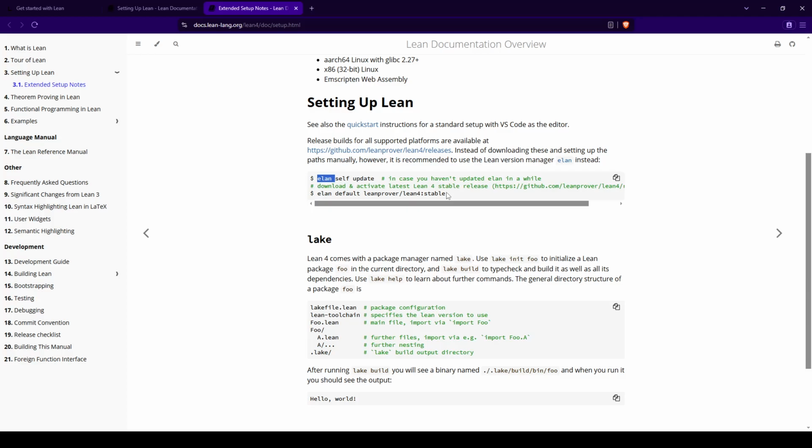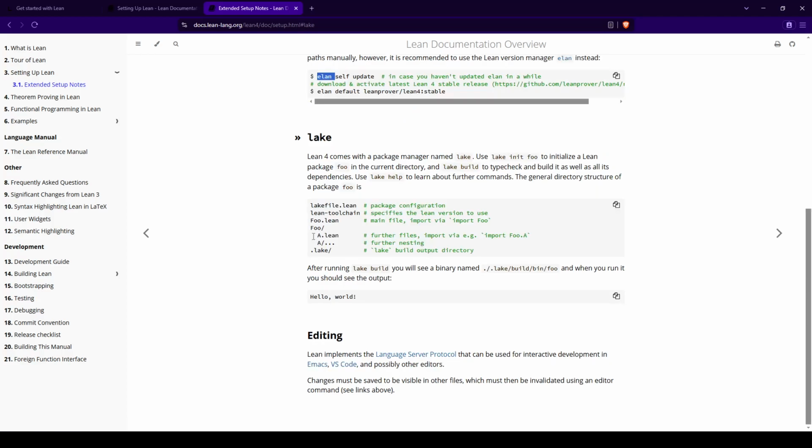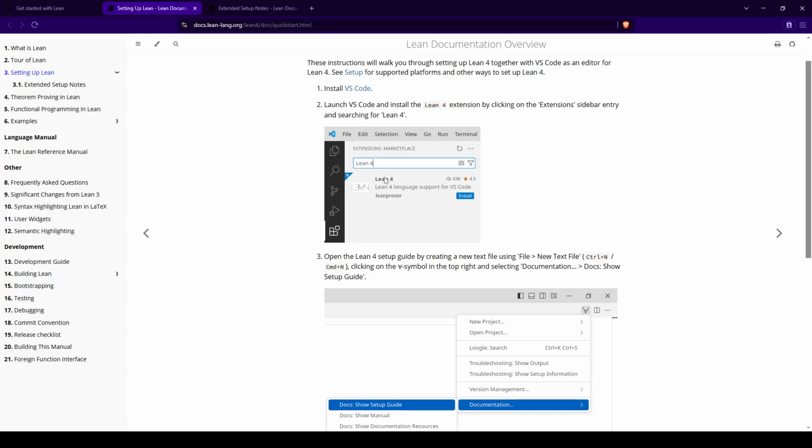Then there's a Lean binary which you can use, and then there's lake. Lake is the binary that is used to manage Lean projects. It's kind of like npm for Node.js, lake for Lean. Using lake, you can create projects. In fact, I have done that already. I have used this command, lake init with the project name, to create a project, and I'm going to show you that project. Another thing that we'll need is the Lean 4 plugin for VS Code, because